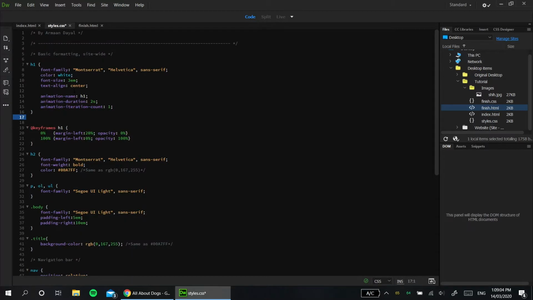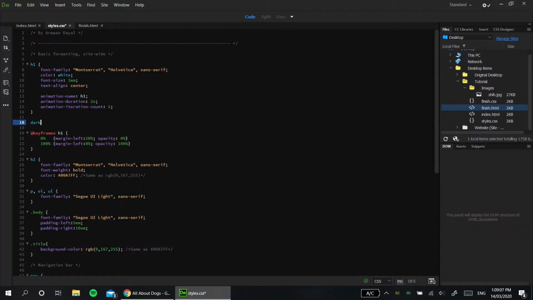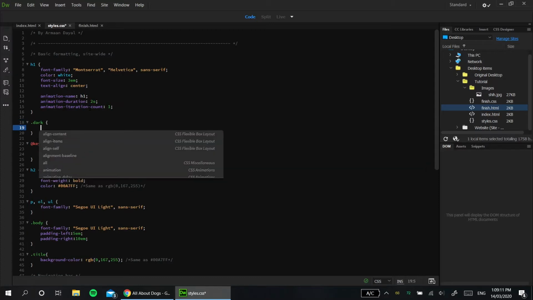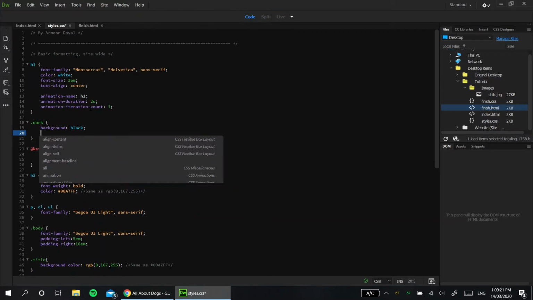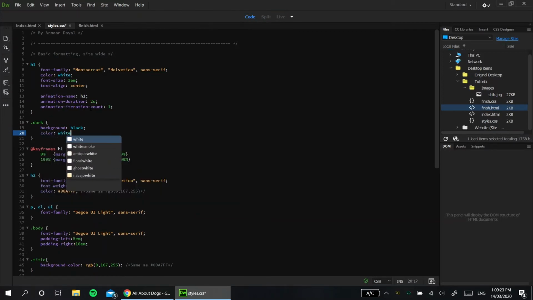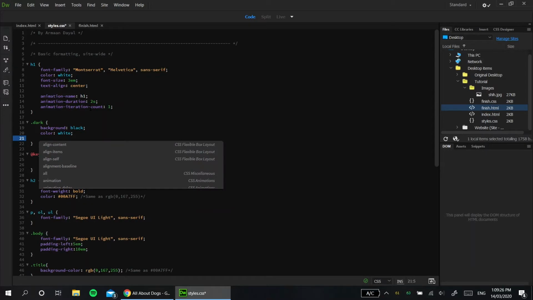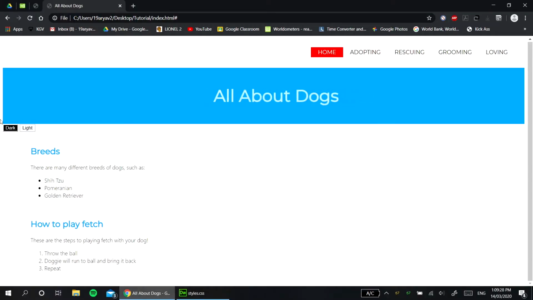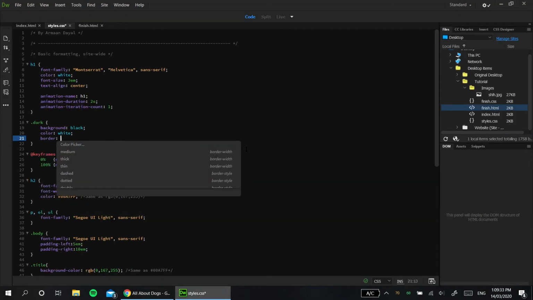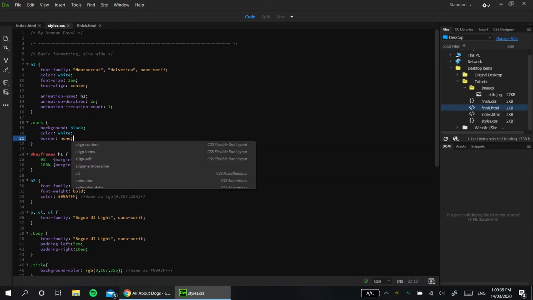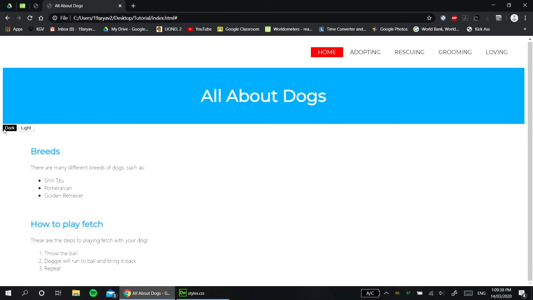So in our CSS file, let's change the attributes for dark class. Let's make the background black for the dark theme one. It makes sense, but we have to change the font color to white if we're going to make the background black. Let's see how this looks. Okay, yeah, so that. Oh, but there's an ugly border, so let's remove the border. Okay, that looks better. It's a bit small though,